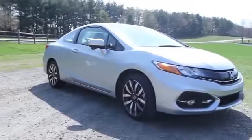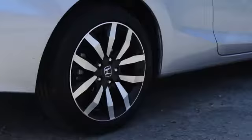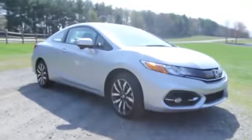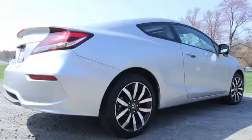So let's start with the looks, which I think are really quite good. Now they didn't just tweak a fender, they went whole hog, and basically everything from the windshield forward is redesigned. The new grille and headlight design allow for a more aggressive front end, and the taillights and rear bumper have